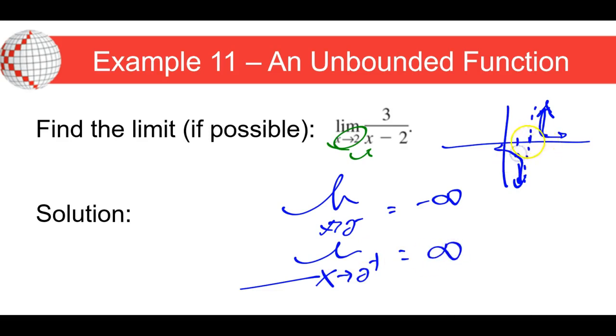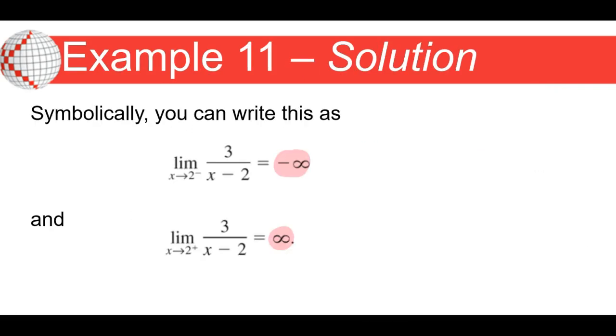You can see that over here. This is going to positive infinity. This goes to negative infinity. And then so what do you do for the answer? The answer is, what's the limit as x approaches 2? You guessed it, does not exist. And again, you can check out